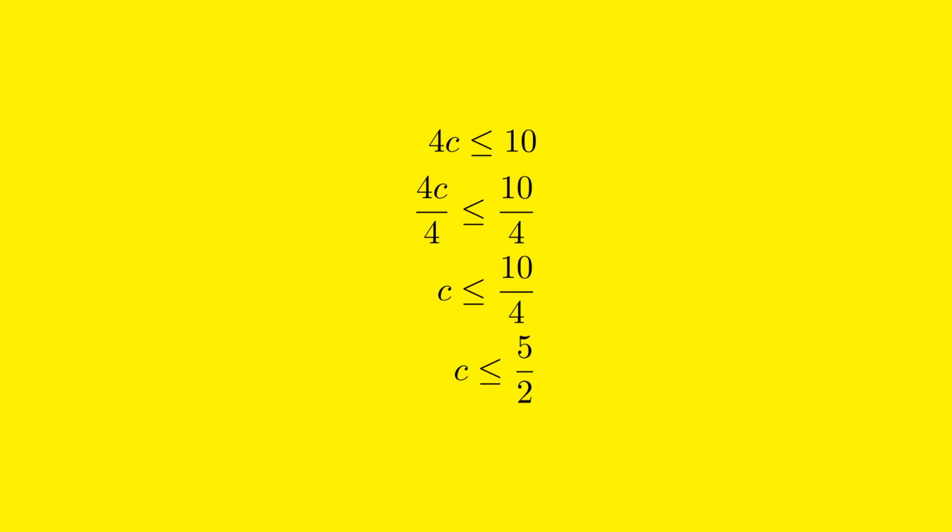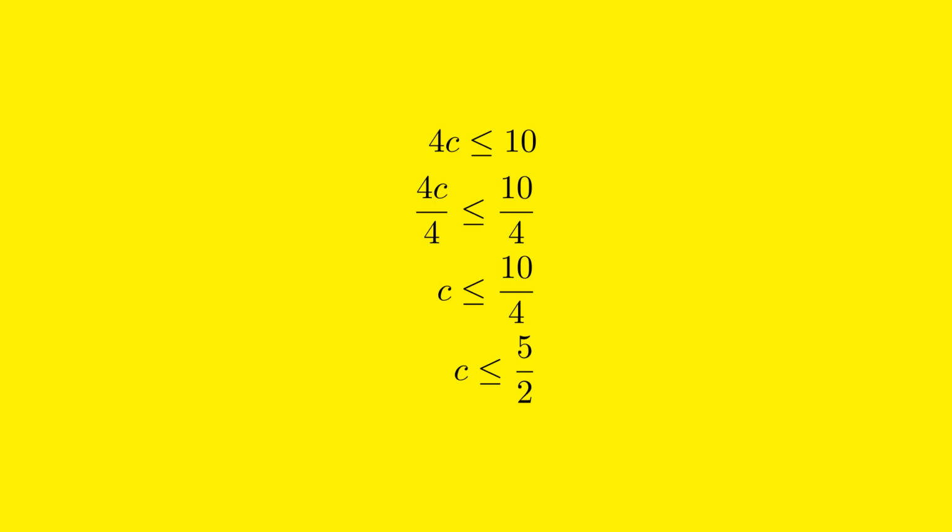So we start with the inequality 4c is less than or equal to 10. We divide both sides by 4. 4c divided by 4 is less than or equal to 10 divided by 4. On the left side, 4 divided by 4 cancels out, leaving c is less than or equal to 10 divided